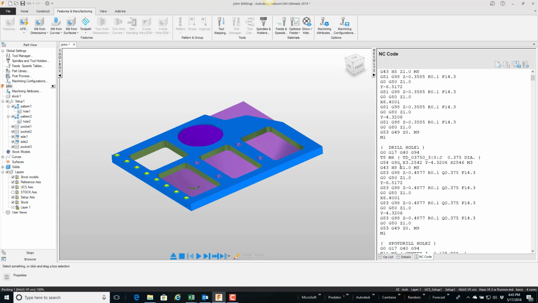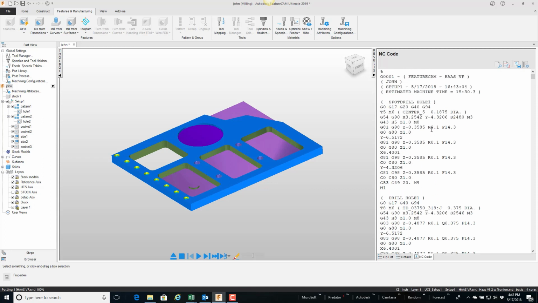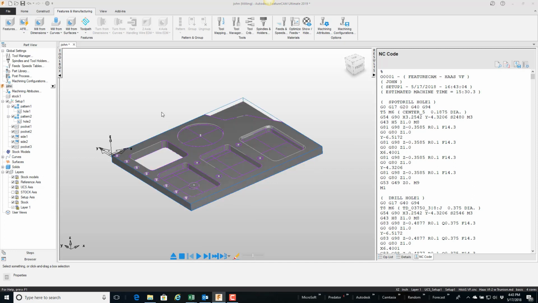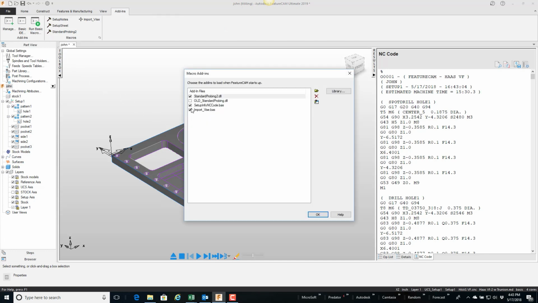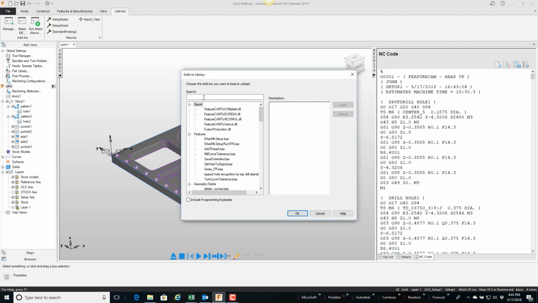These are some standard tools, but anyway, what I want to point out is I would like to have the tool list at the top here. So there's an add-in that's somewhat new in the last year or two that takes care of a bunch of things at one time, but we're going to go to add-ins, tell it to manage, and I'm going to turn all these off and just go to the library, and there's one called, I'm going to type in set so it filters and searches, called setup information,